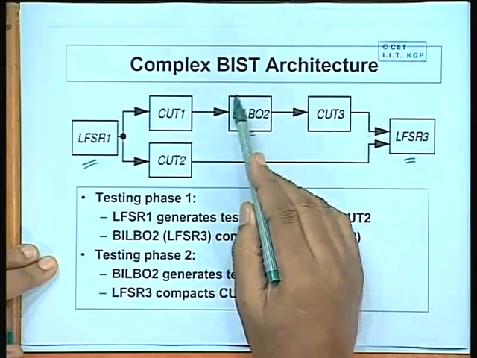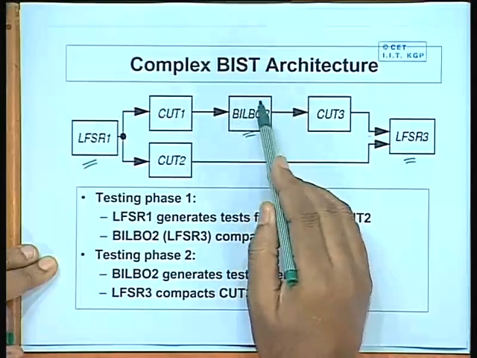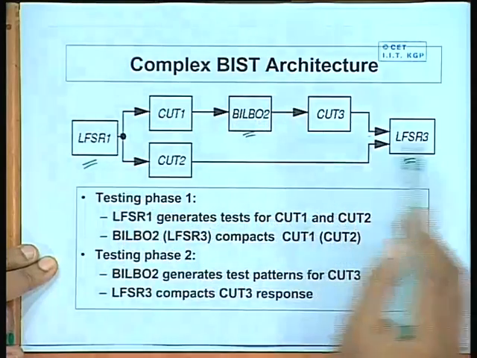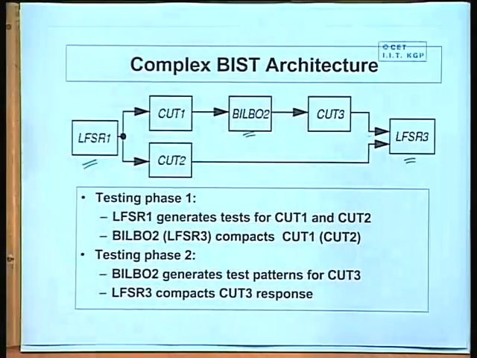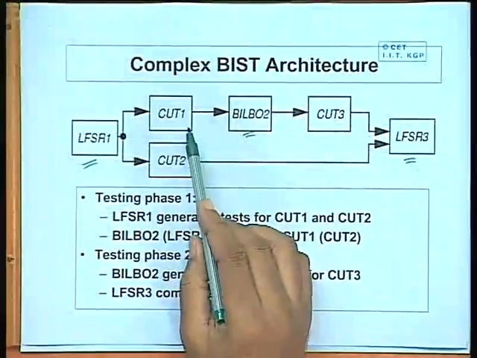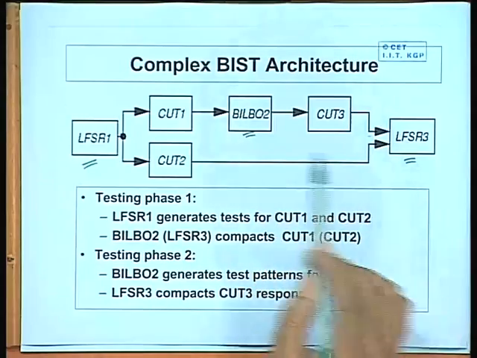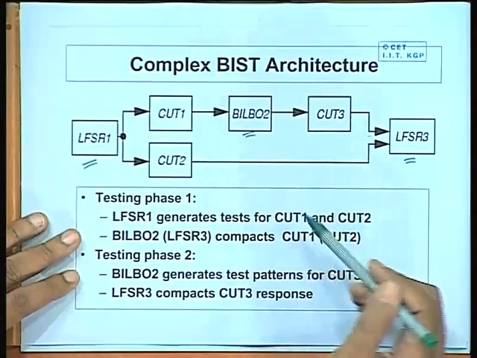So, only the middle register should be configured as a proper BILBO, okay? But the other two should not be as complex as a complete BILBO register. They can work specifically either as a pattern generator or as a response compactor. Okay. So, here what you can do is that, while we are testing say CUT 1 and CUT 2,